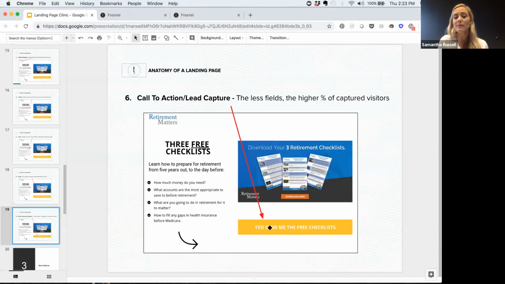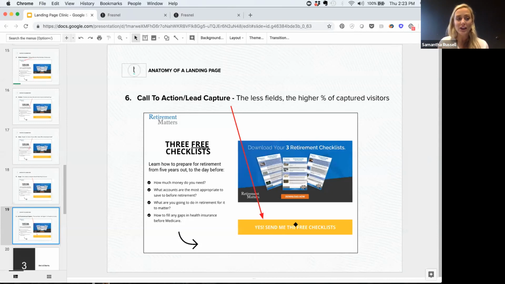But a few other things just about the button itself. You can see in this example, it's bright, it stands out from the rest of the text. In some of the previous examples I showed, you'll notice that they didn't have a button. They just had hyperlinked text that said something like click here. That's not a good way to do it, right? It gets buried in the paragraph text and our eye doesn't know where to go to take the next step. We want to make it as easy as possible for people to do the next thing.